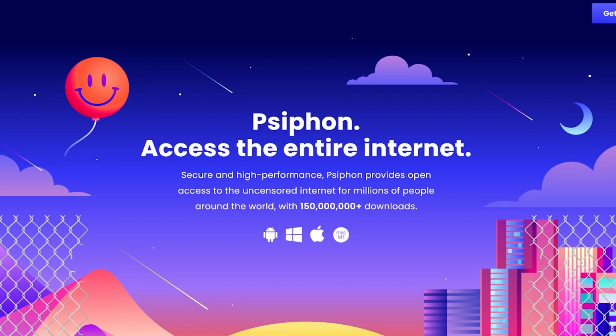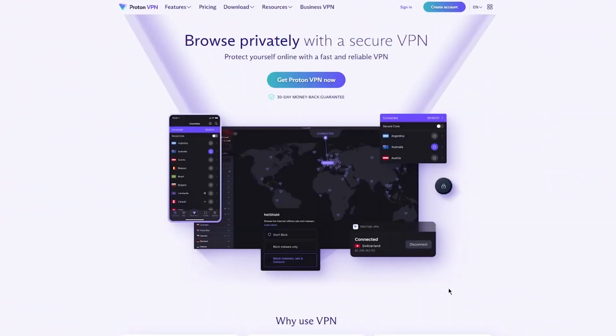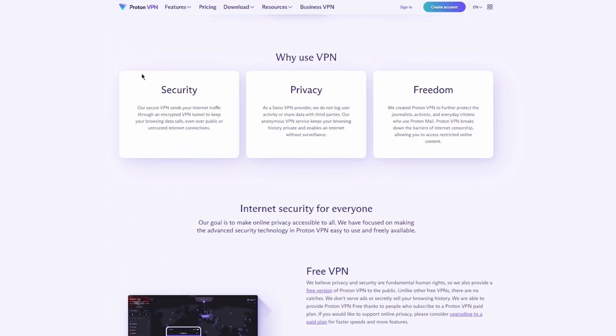Okay, then moving on, we've discussed Opera GX and we've discussed Siphon. Now let's move over to Proton VPN. Now, Proton VPN is something you've probably heard about through ads or maybe some person, because Proton VPN is one of the most highly used VPNs out there. Now, the reason for that is because secure email is based in Switzerland, and you can secure your communications with this. You can browse privately with a secure VPN, and you can get it right now totally for free.